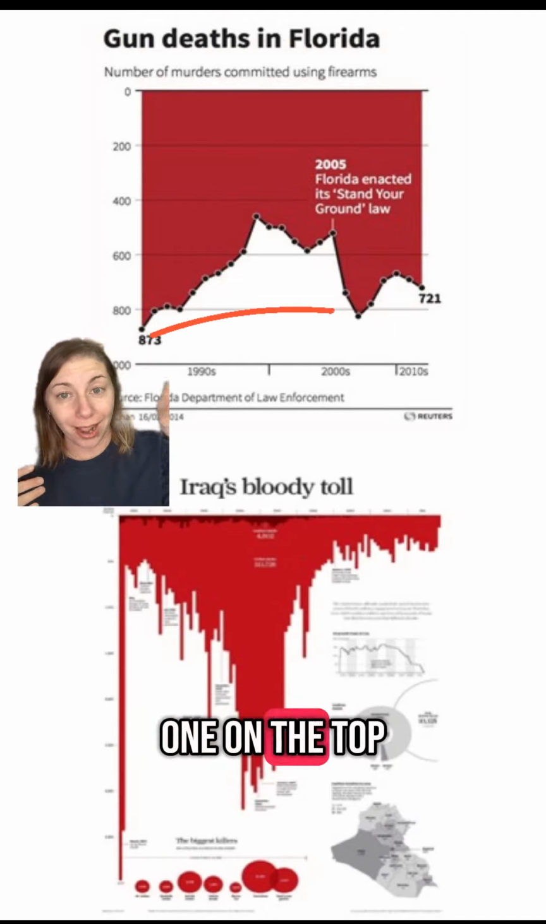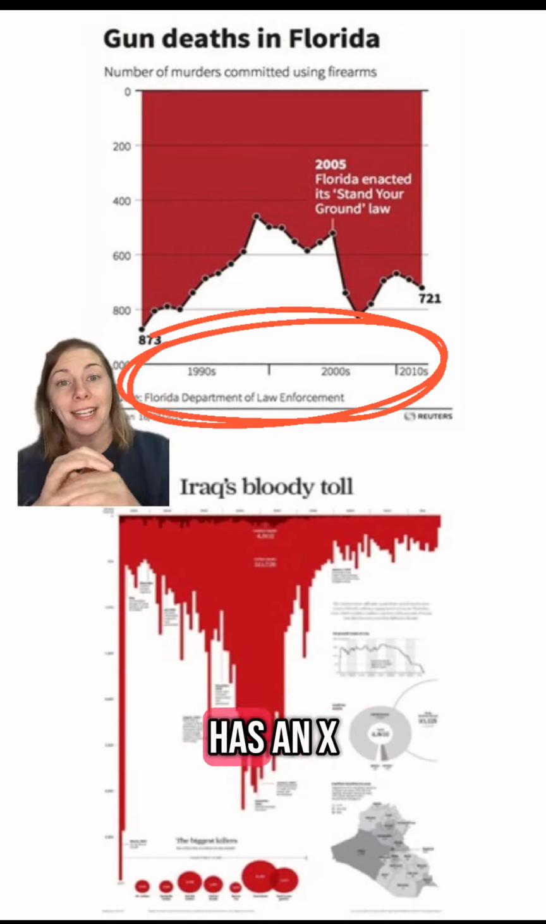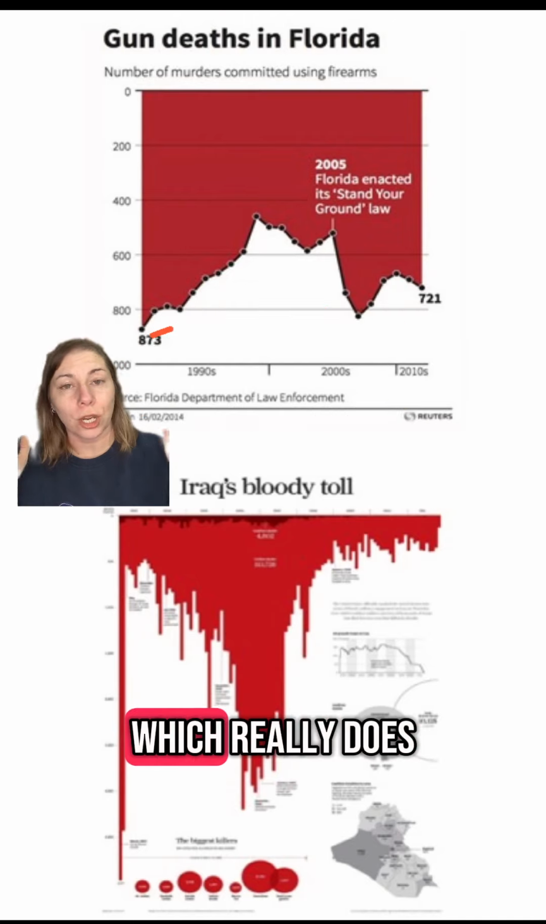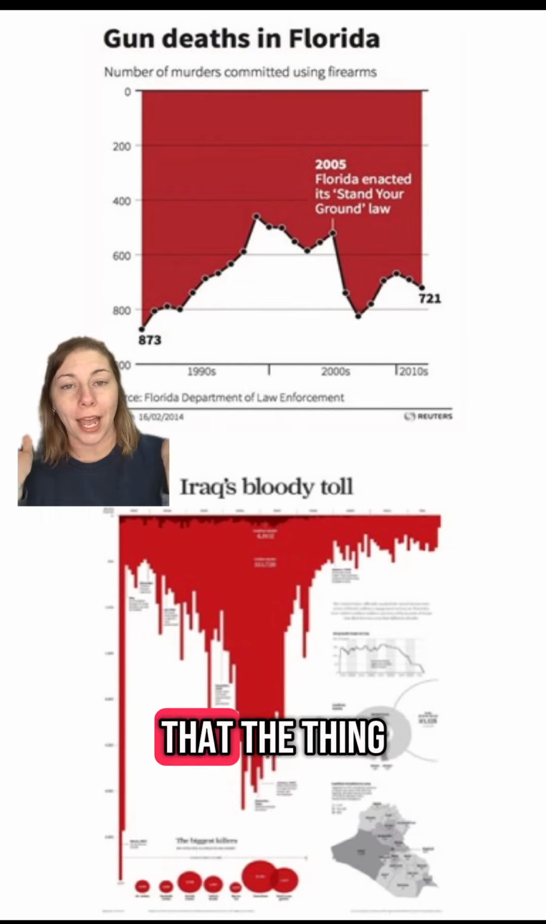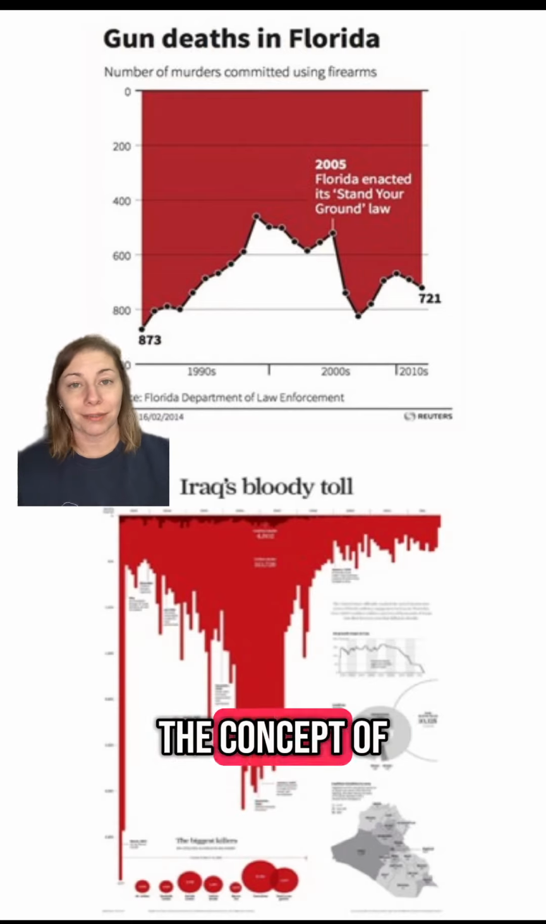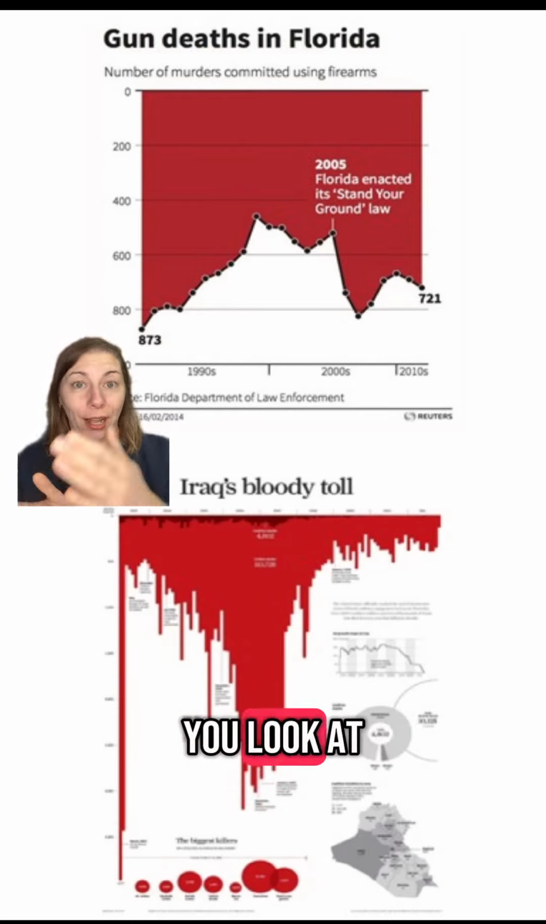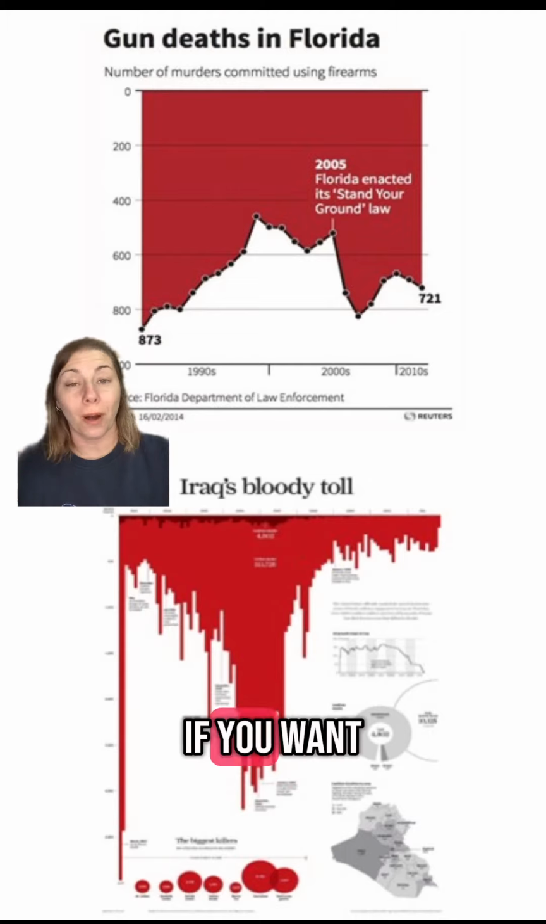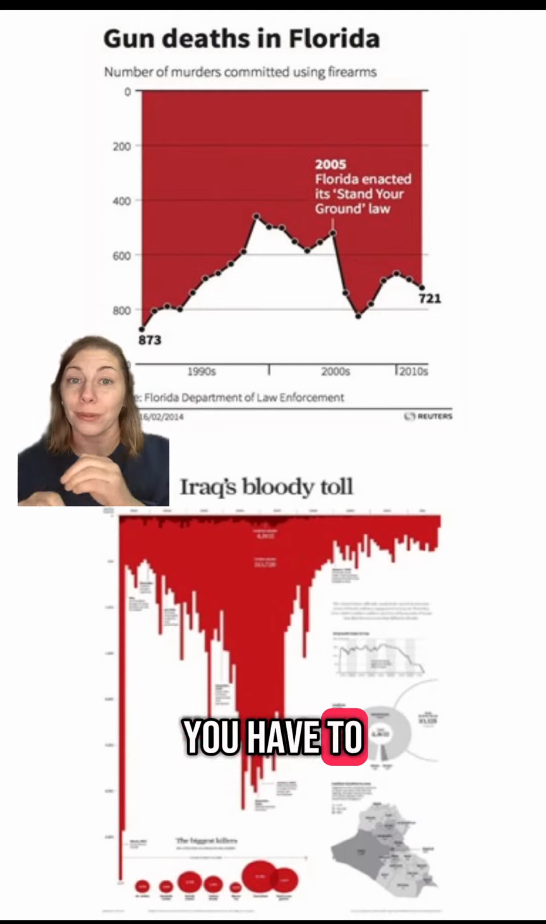The one on the top, this bad plot, has an x-axis on the bottom, which really does imply that the thing you're supposed to be looking at is the white stuff. So this is the concept of negative space. Which part do you look at, the white or the red? If you want your audience to read this as an inverted y-axis, you have to be really careful